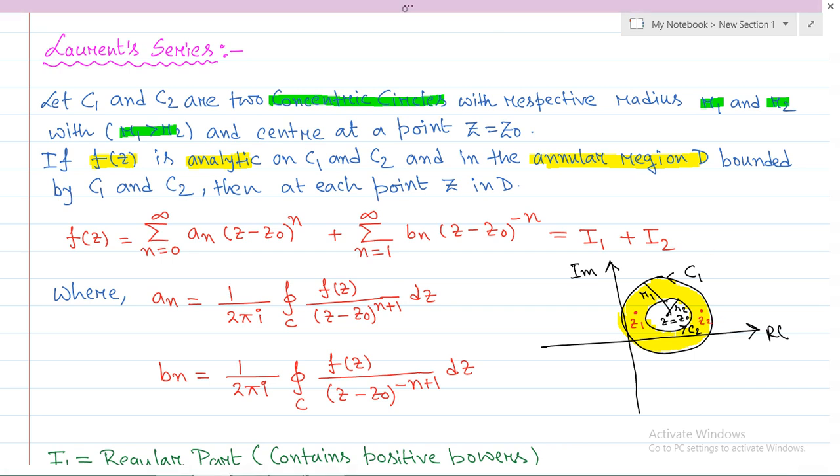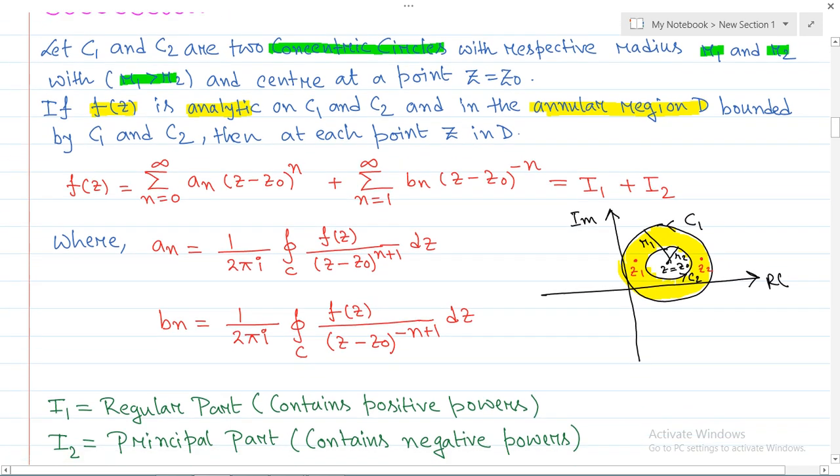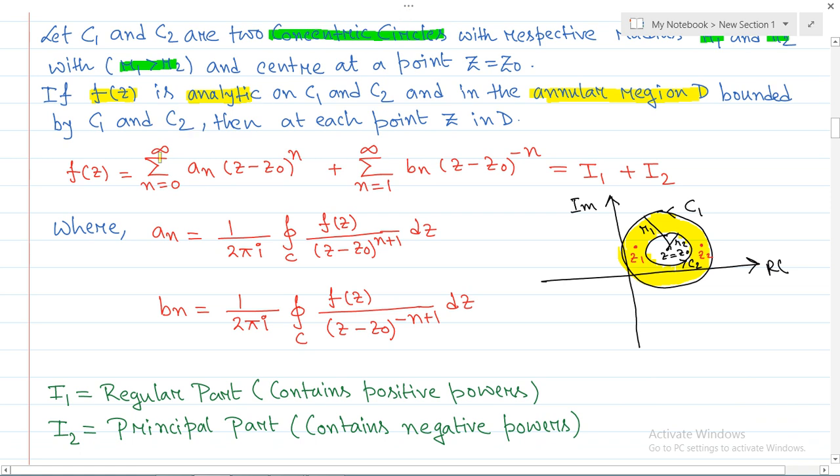So if we choose any different point in this annular region,